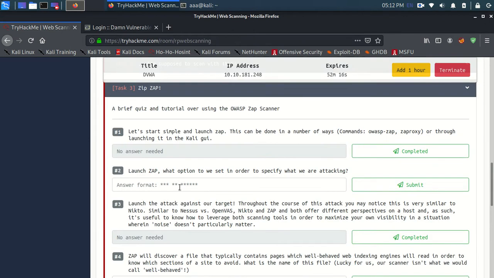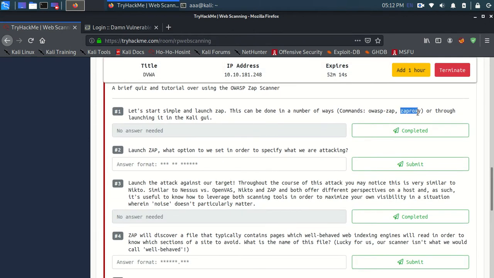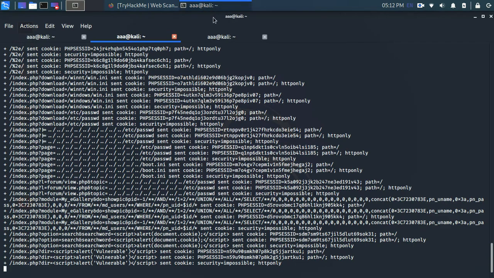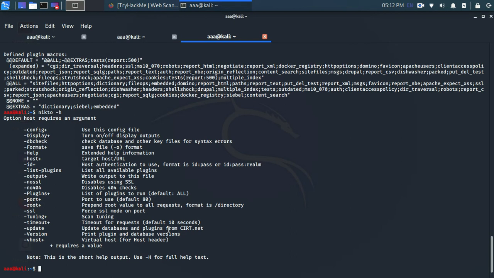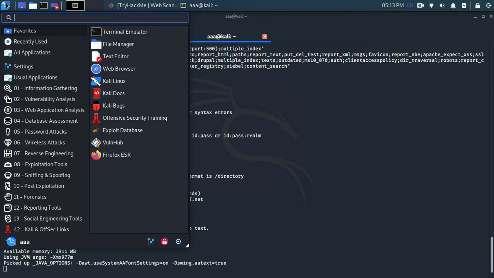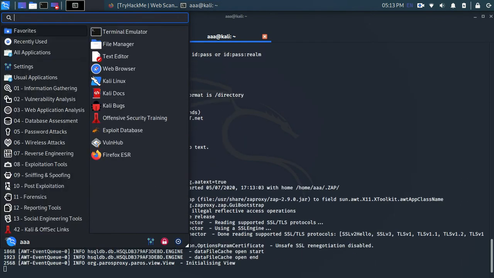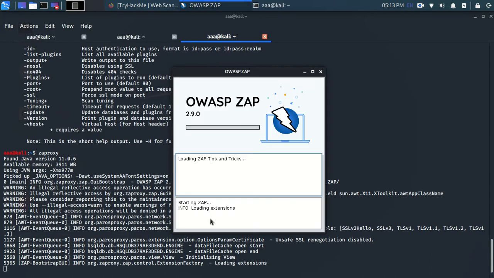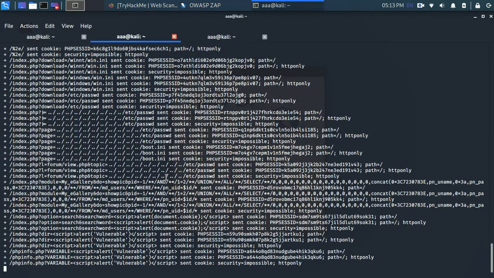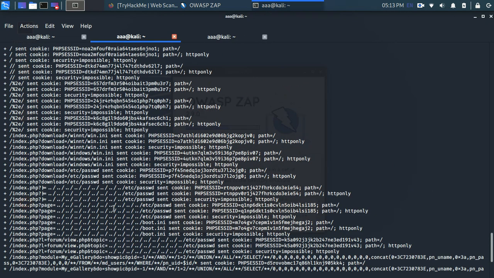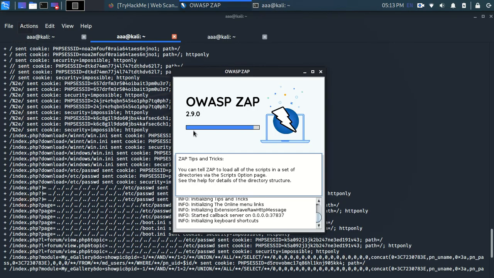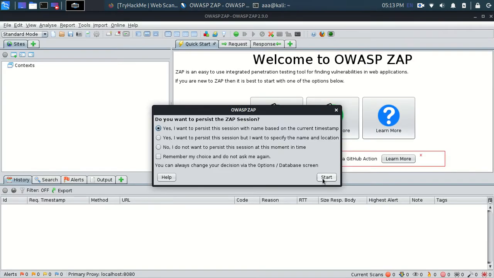and let's get started. So firstly you need to type zap proxy in the command, or you can just even do it from the search bar. You can just search for OWASP ZAP. Yeah, so this will open, and just let me wait here.